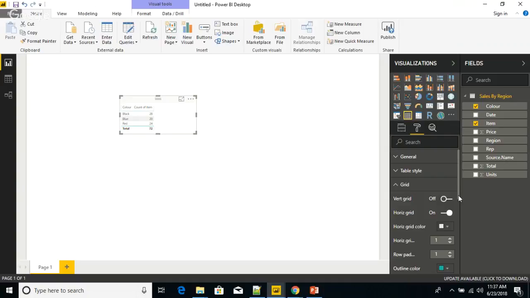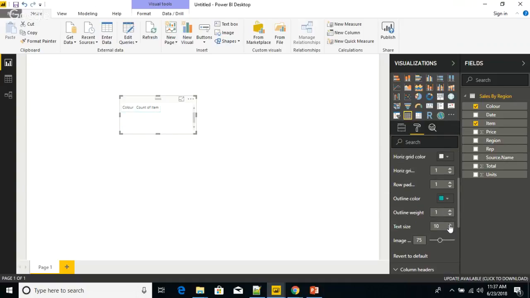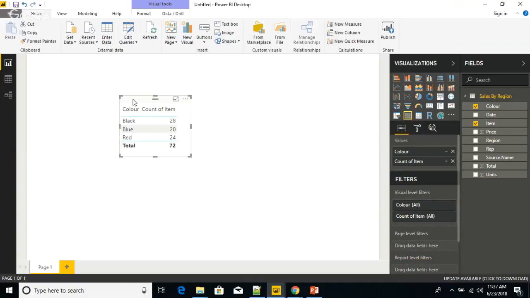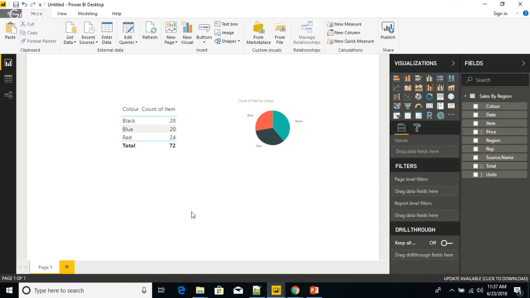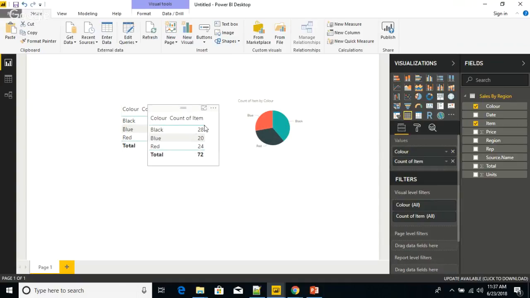Like this you can do simple transformations, and you can use it for your visualizations. You can increase the text size, as it is very low, so just increase this text size here. Now let's copy and paste the same visual, and we can change the visualization also. If you see here, you have black and it is a pie chart, and you can select a bar